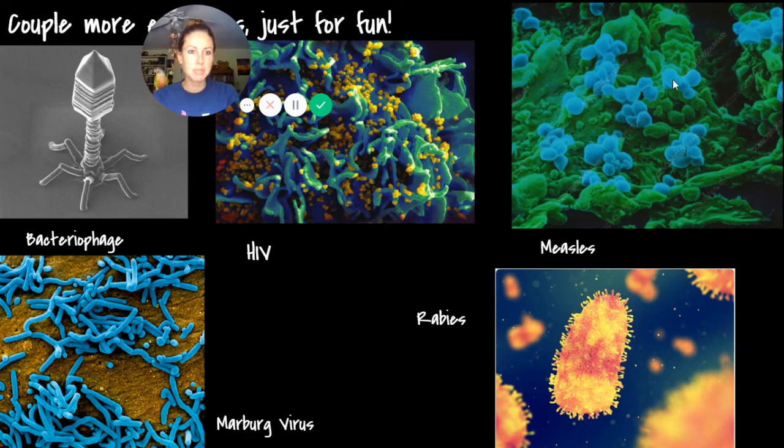Up here, the blue is a measles virus. Measles has a vaccine also. That is one people typically get as babies. This virus doesn't cause too big of an actual infection. Some people do die from it. It's not super common for people to die from it, but one of the most interesting things about measles virus